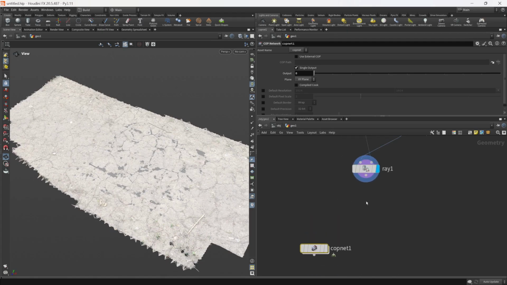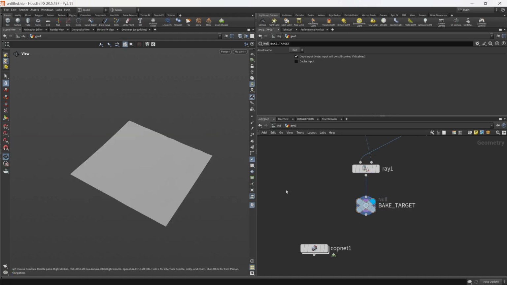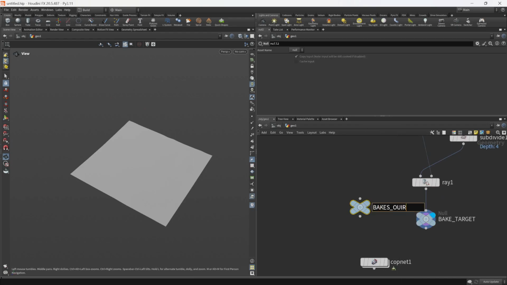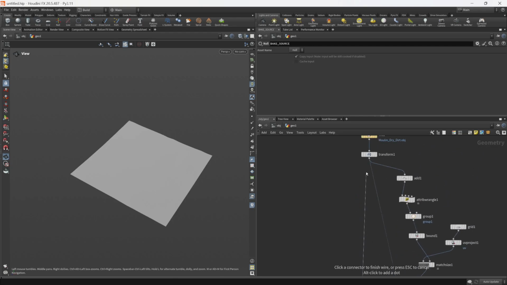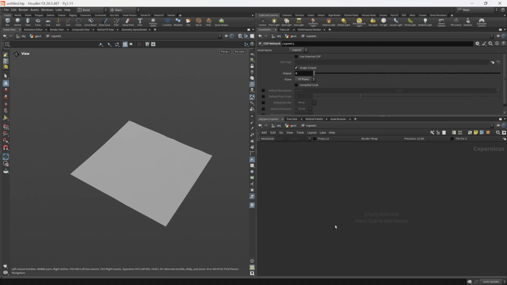where we're going, I'm going to create a couple of little endpoints just to be nice and tidy. So we're going to say bake target, which is going to be the low poly. And I'll make another null called bake source, if I could spell, which is going to be coming from the high poly. Once I have these two inputs, I'll double click on the COP network once more to dive inside